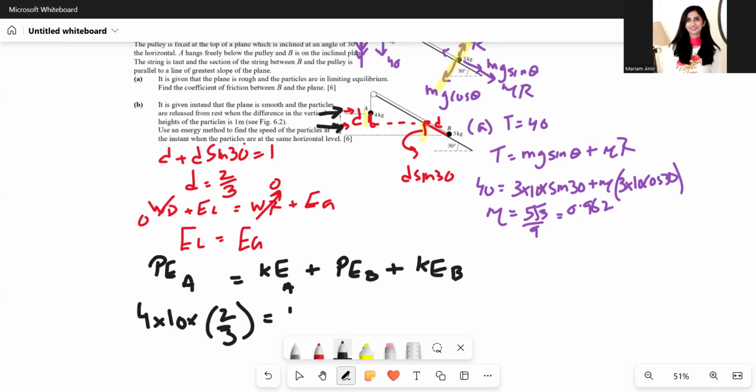So the formula will be half times m common times bigger speed squared minus smaller speed squared,